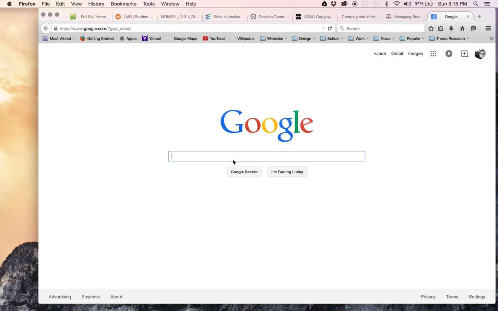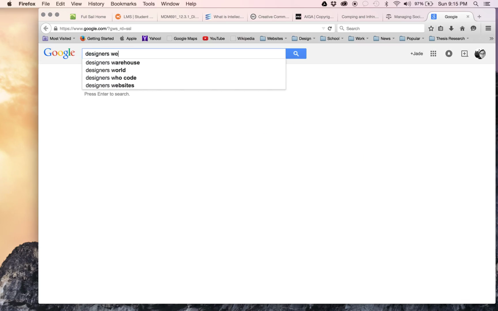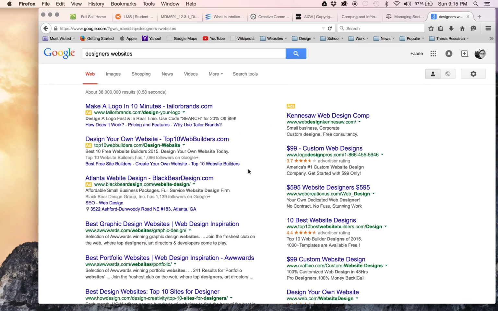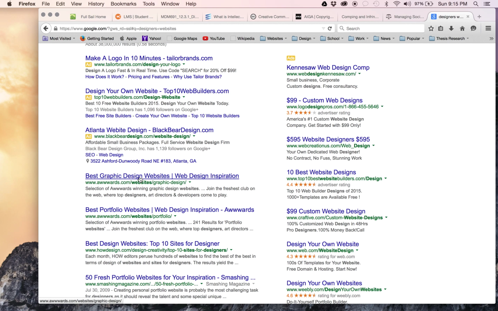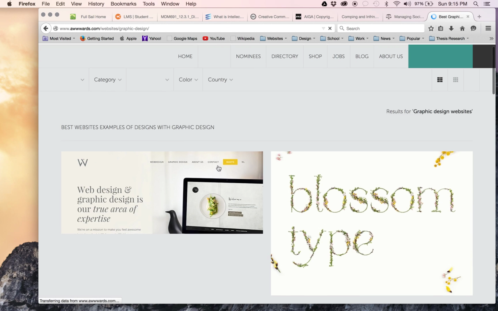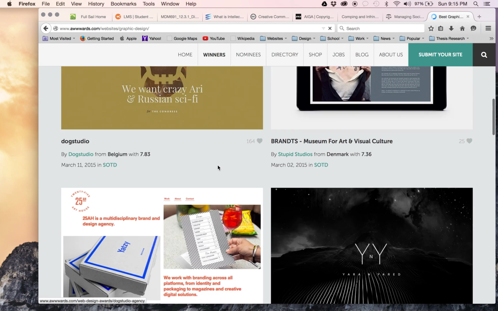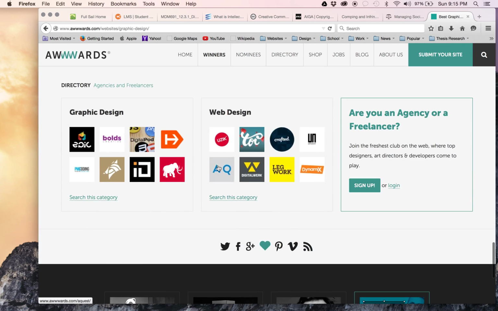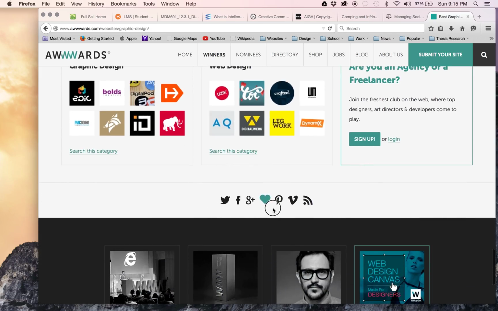So let's look up designers' websites, for example. So we're looking at best graphic design websites and things like that, and see if there's any social media icons anywhere on here. It's something that I happen to be seeing a lot. Okay, here we go. We see all these icons here. It's funny to note, but each of these icons is actually in direct violation of each of these companies' brand assets. So in essence, what's happening is all of these here should actually be removed.